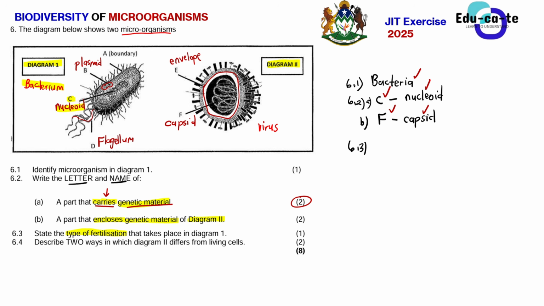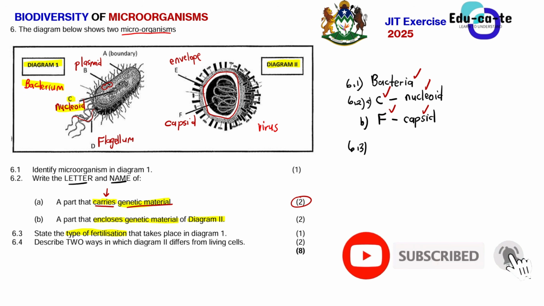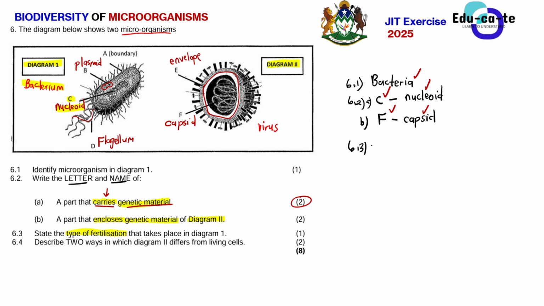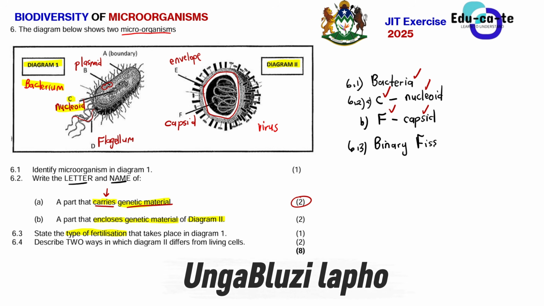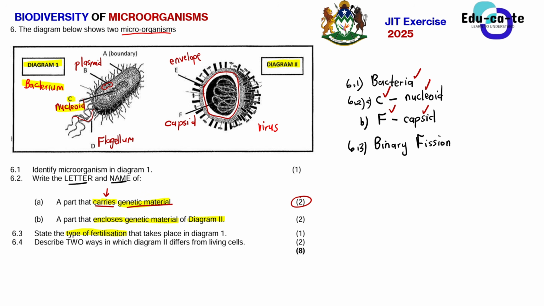Remember that the method in which a bacterium reproduces is known as binary fission. So binary fission is the name of the reproduction. What happens in binary fission? Remember, one cell divides to form 2. That's why we say it's known as a fission. So it's binary fission. It simply means that one cell divides into 2. I'm sure binary means 2. Bi means 2, right? And then fission means separate.